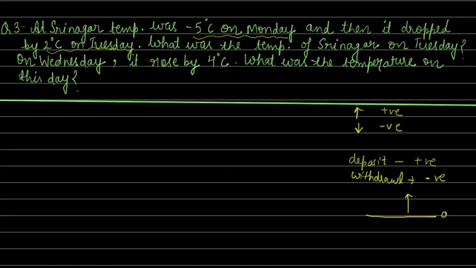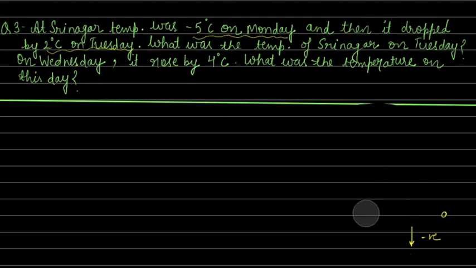Any height above the sea level will always be positive, and anything below the sea level will always be negative, right? If we talk about a submarine, this distance will be negative because submarines are under the sea. Helicopters and aeroplanes are above the sea level because they are in the sky, so their heights will always be positive. So these are a few basic things. I will explain all these things to you when we do the questions.